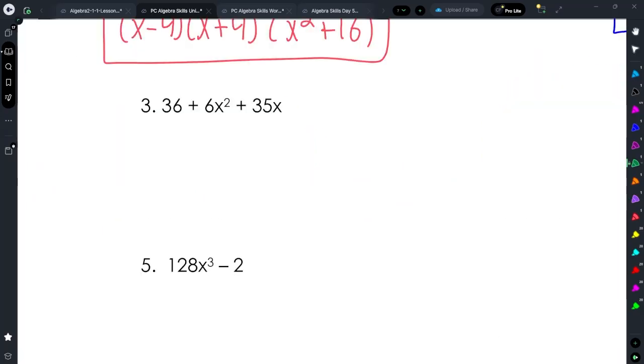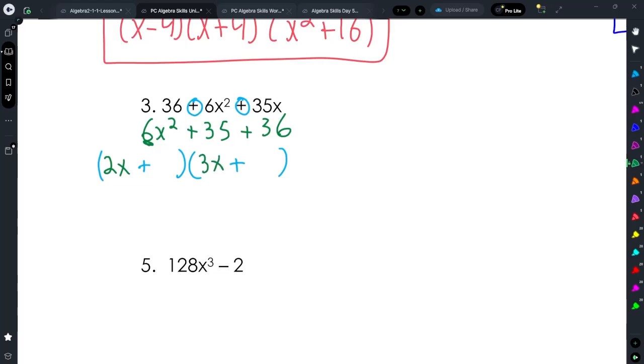All right, so number 3 is a little bit tricky. The first thing I'm going to do is rewrite this in the order that we're used to. And now when we guess and check this, the nice thing is that because we have positive and positive, both of these have to be positive as well. So now I'm going to guess and check and use factors of 6 for the first. So I'm going to do 2x and 3x. And then the last ones need to be factors of 36. And there's a lot of them, and I tend to like to start in the middle or near the middle when I do